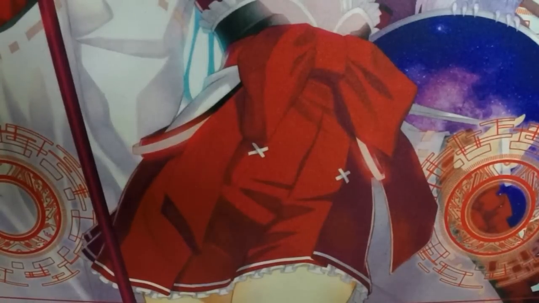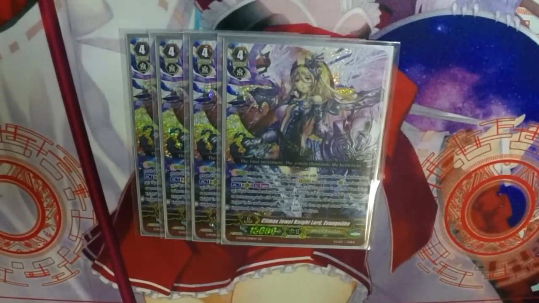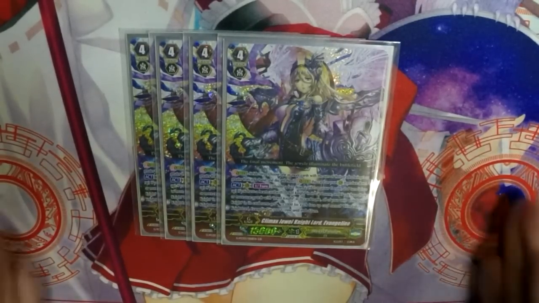And moving on to our G-Zone, we are running 4 copies of Climax Jewel Knight Lord Evangeline. Evangeline is what we've all been waiting for. She's our Lord and Savior. She makes ridiculous numbers in this deck because the first stride, you get plus 6k to the columns, which is